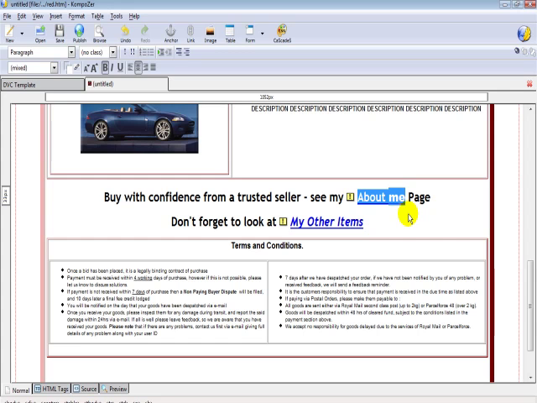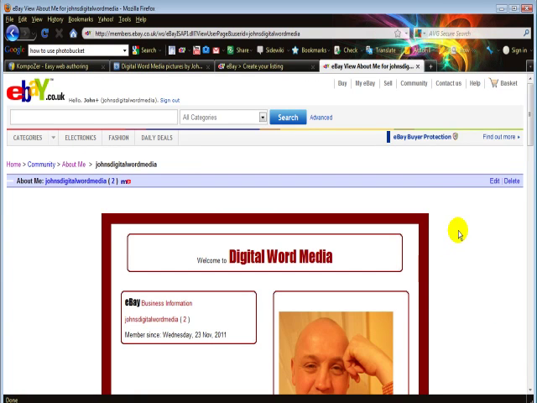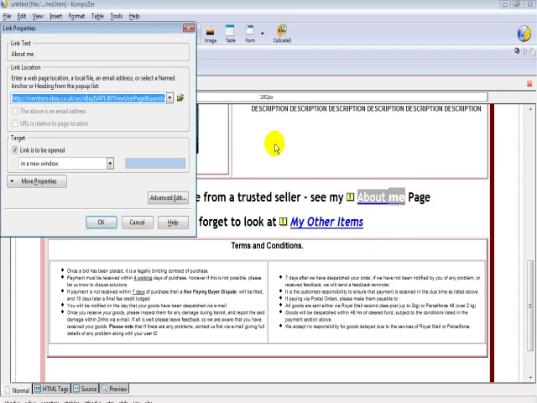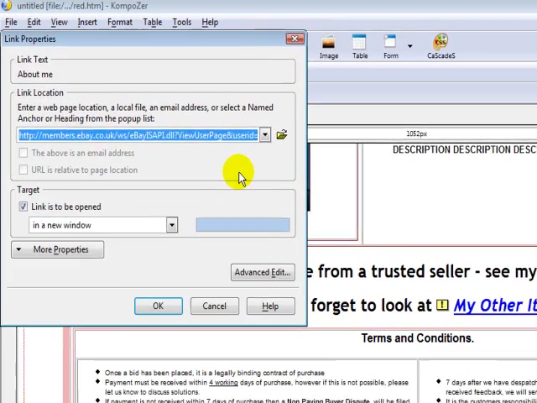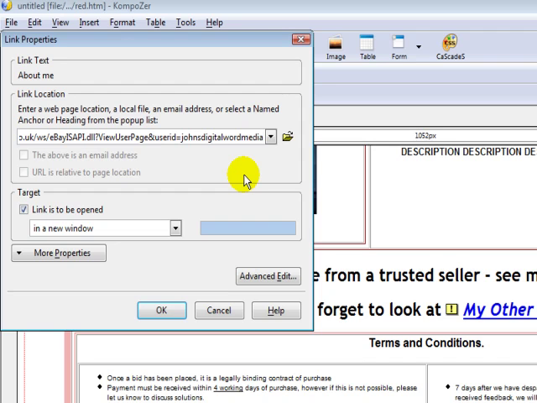So first of all, I want to say I've set up a test account on eBay, and I've created an example About Me page on that account, so I can show you the process of doing this. So first of all, let's go to my test About Me page, and what you would do is you would highlight the actual URL in the browser bar there, and you would copy it, and then you would go back to the template, and then you would click on the link tab there, which opens a window, and then by pressing the Ctrl and V keys at the same time, you would paste your About Me page URL